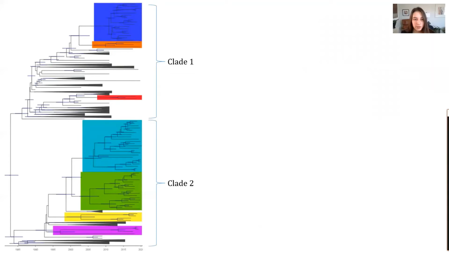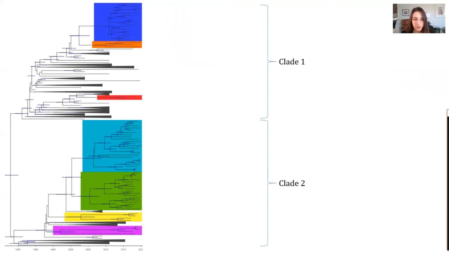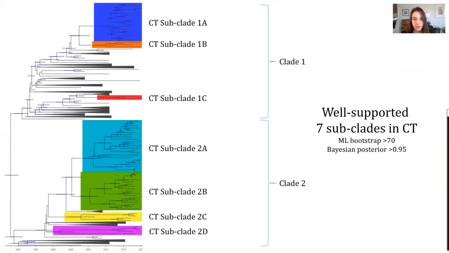This image here is the timescaled phylogenetic tree created with the 203 reference sequences from North America. The phylogenetic tree revealed 2 distinct clades with well-supported 7 different subclades of rabies virus in Connecticut. The colored portions represent the most well-supported subclades that were created based on the distribution of the Connecticut sequences. The long lengths of these branches from node to sample represent a gap in sequencing data.